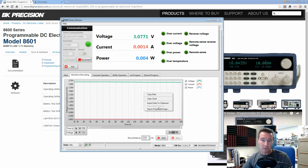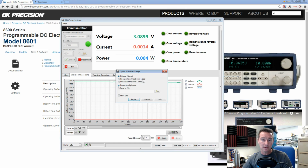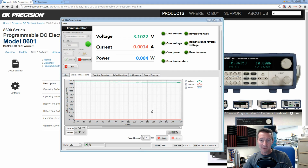Export data to clipboard. Export data to Excel. Okay. Export simplified image. Oh, come on, PNG. Give me a bitmap and EPS. Enhanced metafile. Come on. Jeez, just a PNG. Thank you very much. Anyway, if we